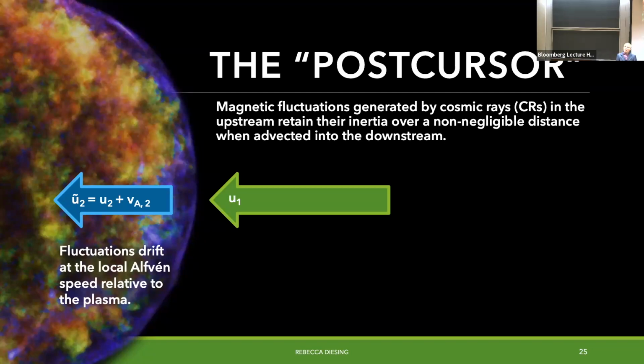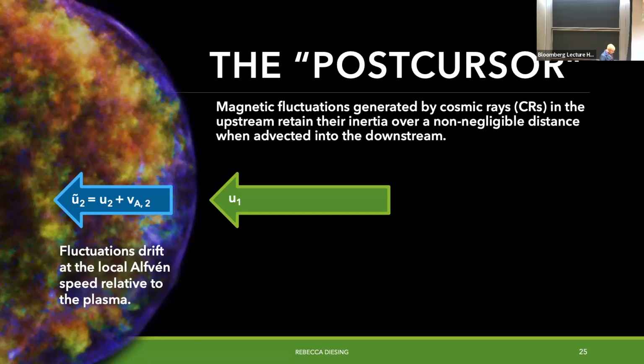And then the thing that we did not predict from theory, this is completely empirical in simulations, is that when these magnetic fluctuations are advected into the downstream, they don't slow down as much as the background plasma does. So they're actually drifting with respect to the background plasma in the downstream. And empirically, they're drifting at the local Alfvén speed. I mean, broadly speaking, having a drift of magnetic fluctuations that goes at the Alfvén speed kind of makes sense, but it's not something that was predicted from theory. There's no reason that you should have this overshoot a priori, but we do see it in simulations, and we've tested it to see that it does occur at the local Alfvén speed for a bunch of different shocks.